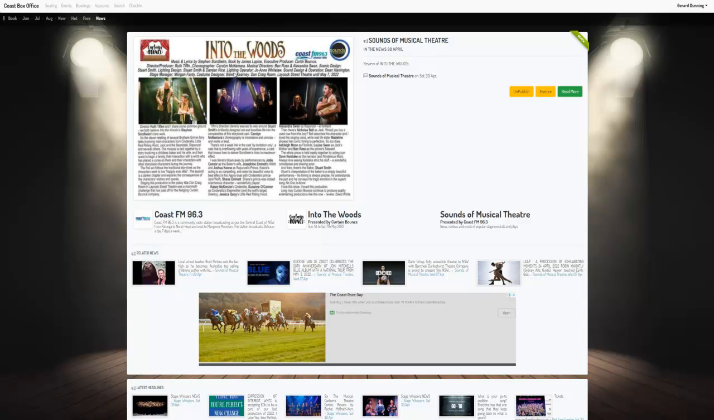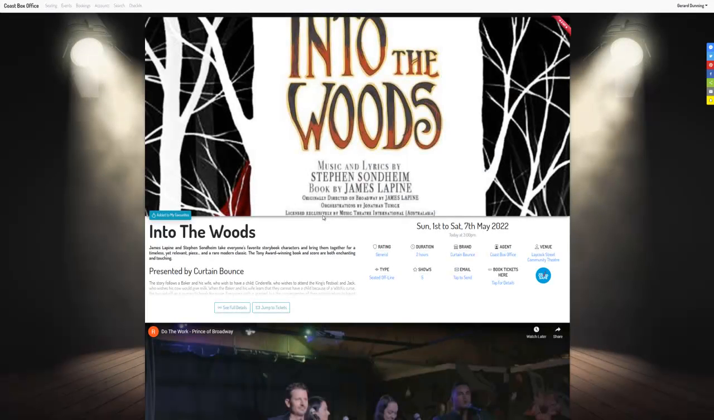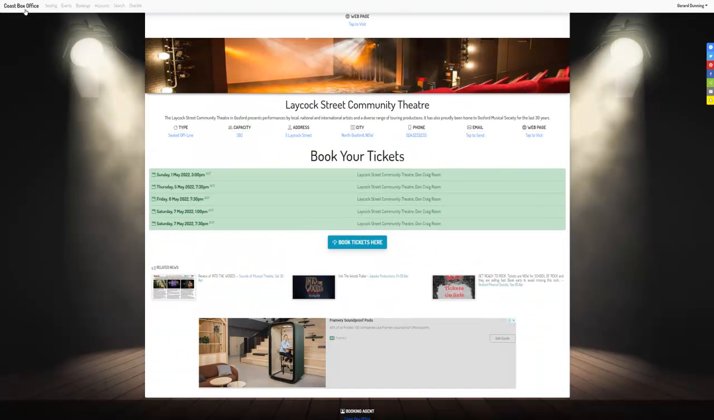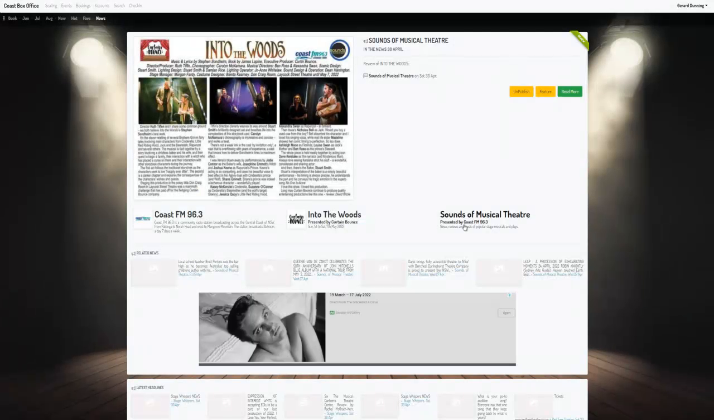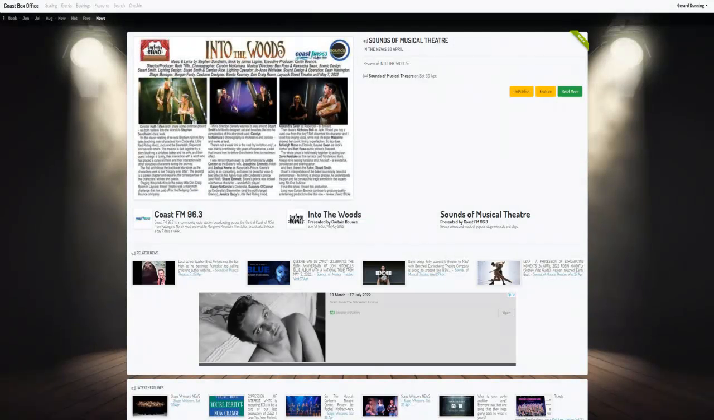And conversely, this news article here is linking us back to Coast FM, the radio station that did the review, the actual program on Coast FM, which is Sounds of Musical Theatre, and the actual show itself. So it's automatically doing that. From the news article, we can link directly back to the show. And we'll just go back to that,